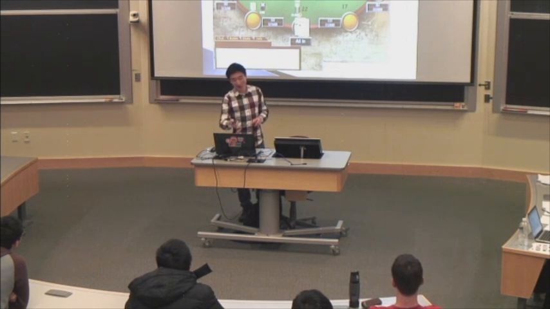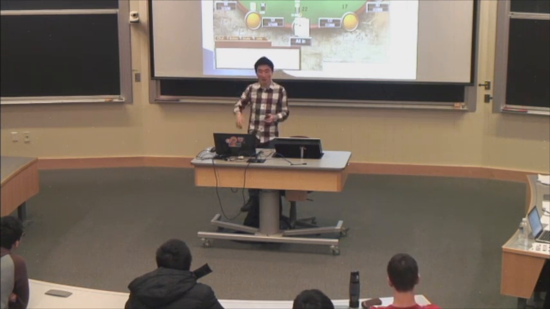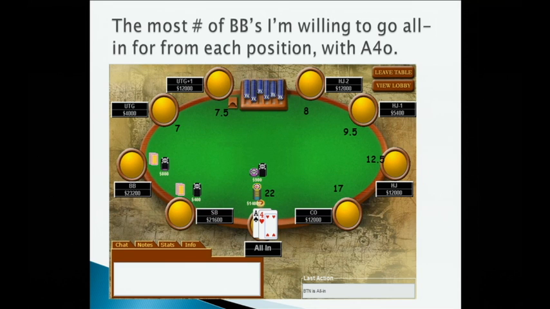Okay, so I wrote down on this graph the most number of big blinds I'm willing to risk all in for from each position. I want to illustrate a concept. These numbers are actually quite ambitious, by the way. I think I made this maybe 4 years ago when I was trying to play exploitatively against the fact that the average player was too tight and not willing to call often enough. So you could shove more hands than Nash because most players don't call enough. Nowadays, I think people are getting closer to Nash, so you can't really be this ambitious anymore. All these numbers should go down a bit. You shouldn't be going all in for that many bets. But nonetheless, the graphs illustrate the same point.